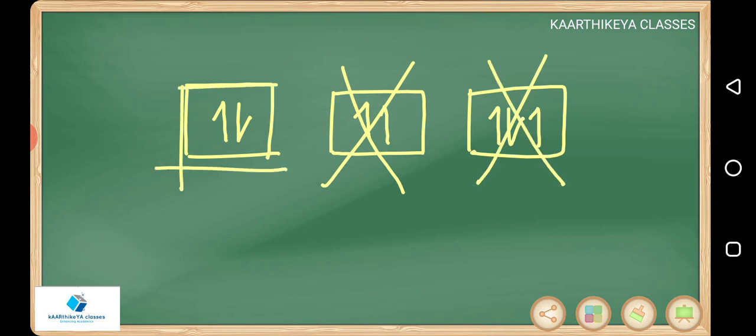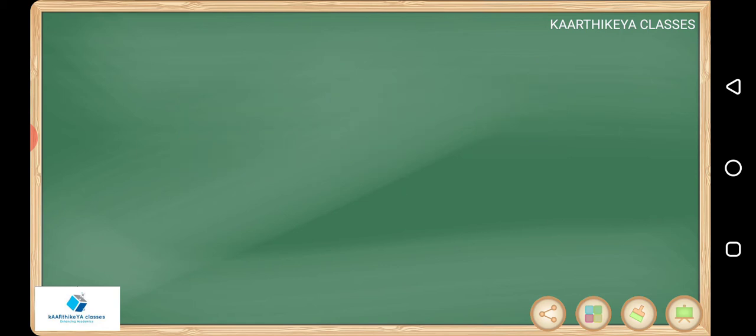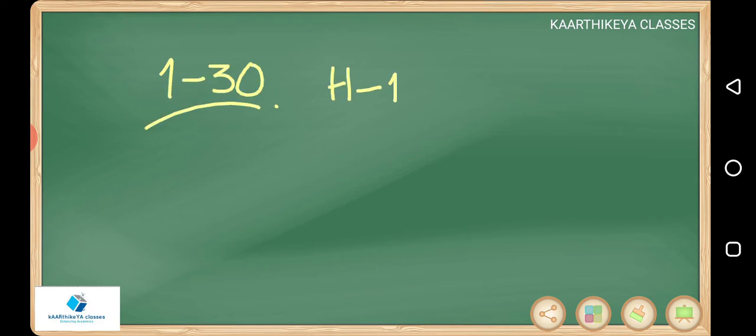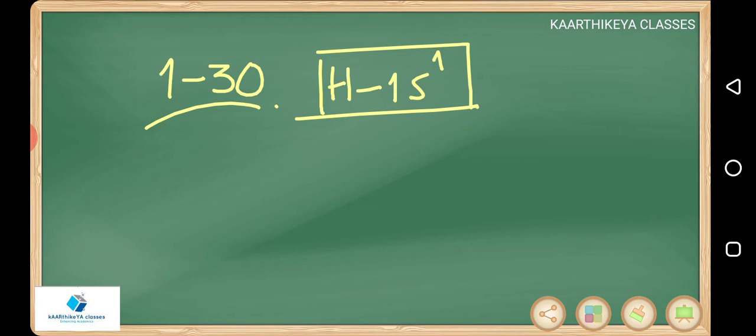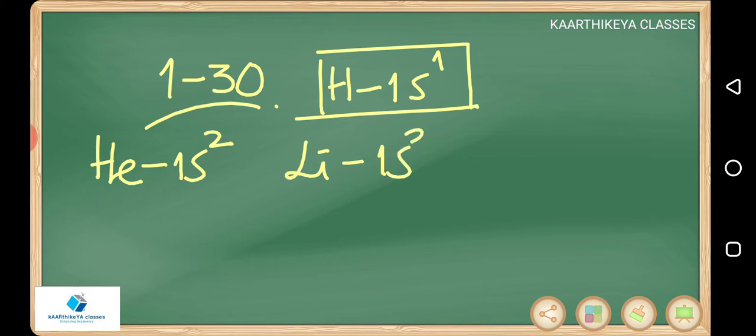One orbital, when you are showing it with one box, can accommodate a maximum of 2 electrons with opposite spins. Then this is about Pauli's exclusion principle. Then based on this, you should know the electronic configuration of elements 1 to 30. Like hydrogen, CBSE students, you learn like 2, 2, 6, 2, 8. But now from +1, +2 level onwards, you must know it like this. Hydrogen's electronic configuration is 1s1, helium 1s2, lithium 1s2, 2s1.